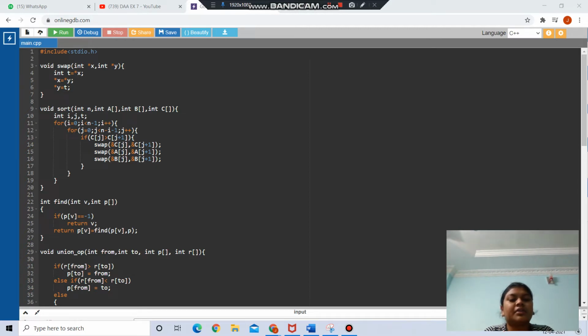And here I have given int find. Inside this I have given int v and int p[]. So here if p[v] equal to minus 1, then it will return v, and else it will return p[v] equal to find(p[v], p). And here I have given a void union_op. Inside this I have given int from and int to, int p[] and int r[].